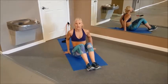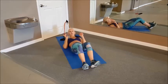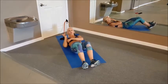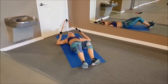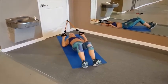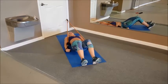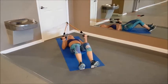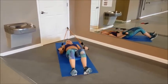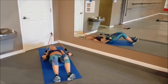What you're gonna do is you're gonna lie down on the floor, and you're gonna grab these handles. Now, it's very important that your triceps are glued to the floor here. You do not raise them up. You grab these handles, you get your triceps situated on the floor, all right? And then you're gonna push all the way down so your fingertips touch the floor. Now your back, your lower back, is also glued into the floor. You're gonna come down to the floor and you're gonna hold it for a second, and you're going to resist